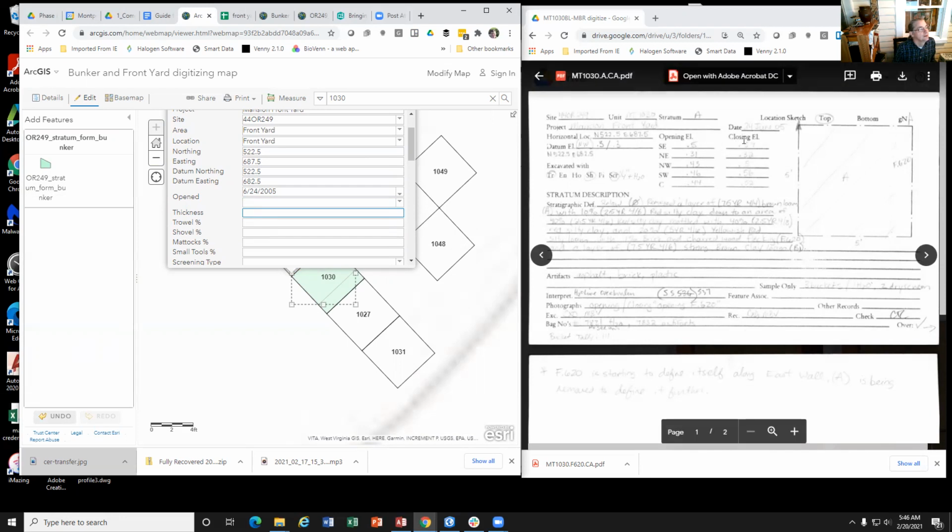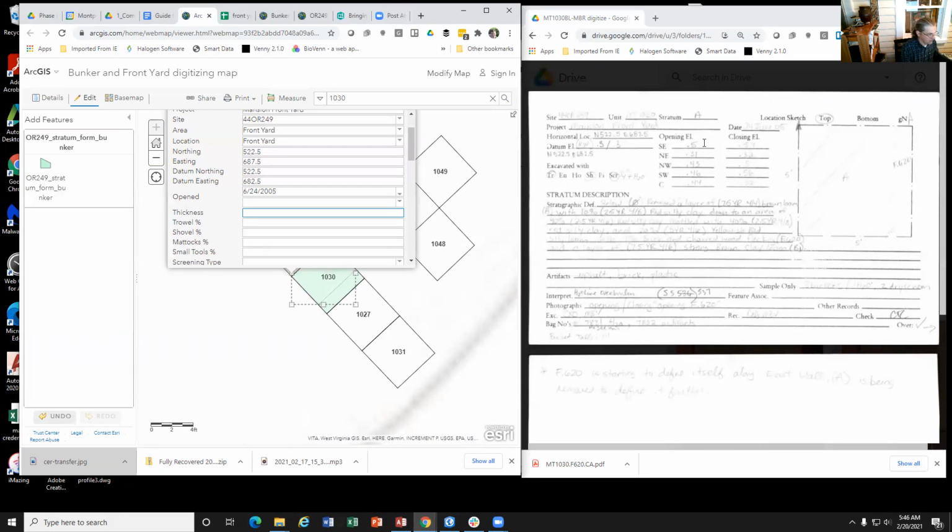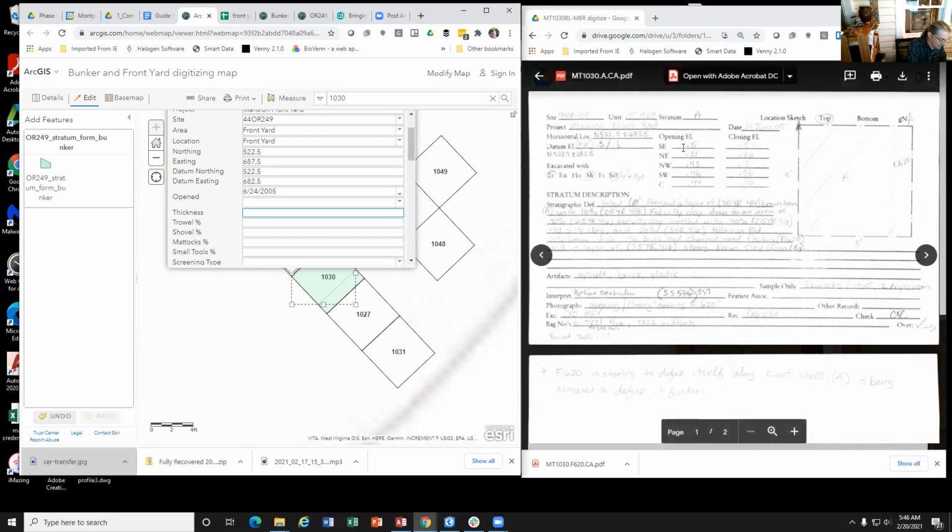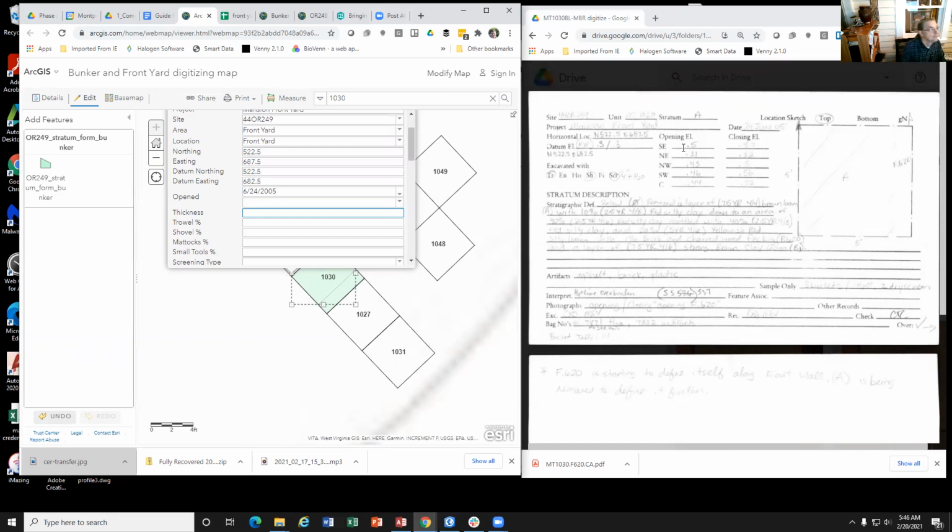So you subtract the closing from the opening. And I usually just write this down on a piece of paper on the side. And so the difference between 0.57 and 0.5 is 0.07. The difference for the northeast is 0.32 minus 0.31, and that's 0.01.